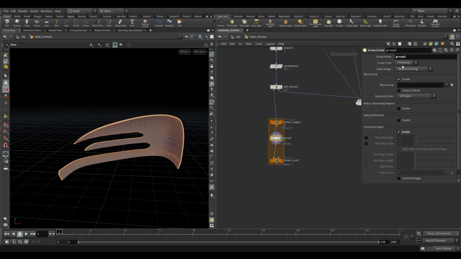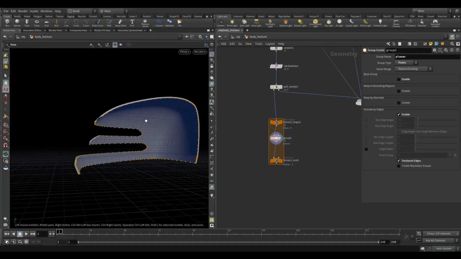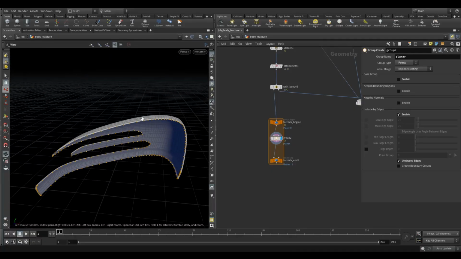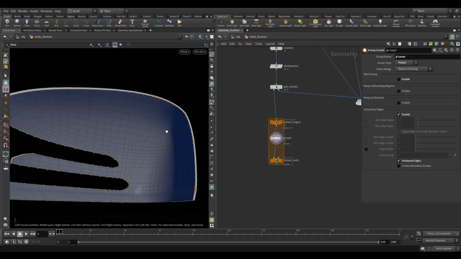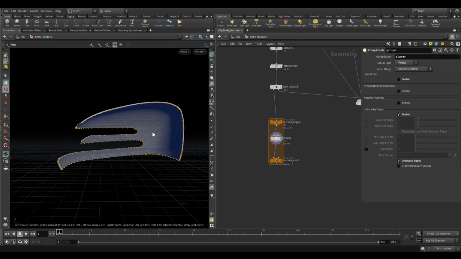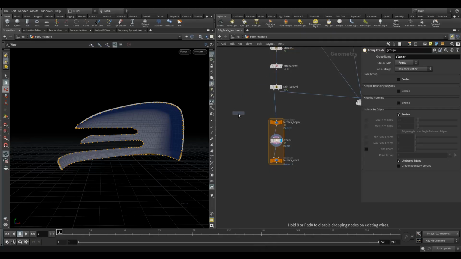So what I'm going to do is turn this to points. I'm going to call this planar. Check this include by edges and unshared edges. Okay, and turn off the base group. There we go. And now you can see what it does is make a selection of the points which are on an open edge. Okay, and so if we have 3D geometry, if I just put like a box into this, which is not,